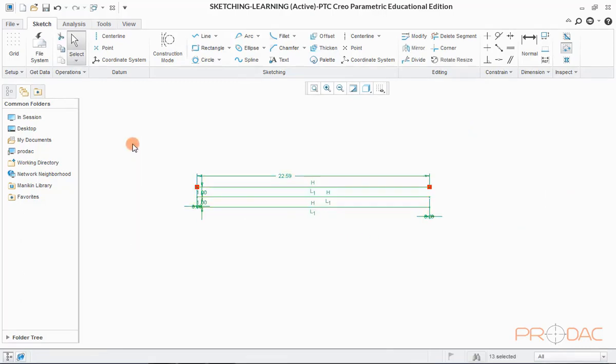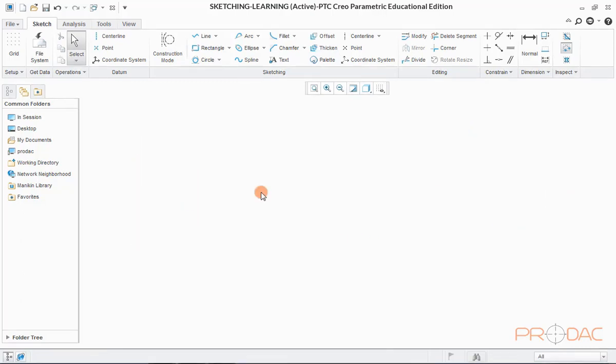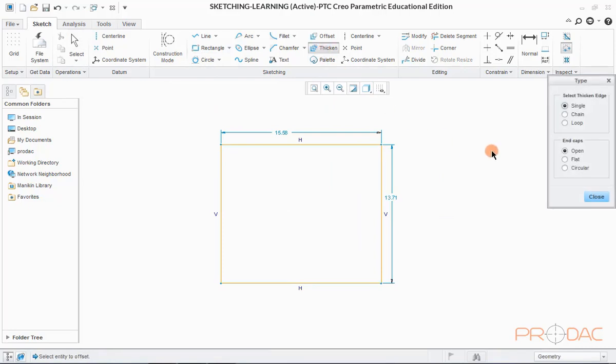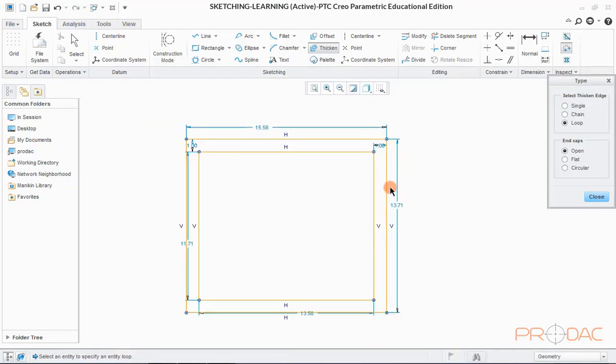Similarly, we can do other option like loop. For that, we need to draw a rectangle which is essentially a loop. So, this is in loop kind of geometry.